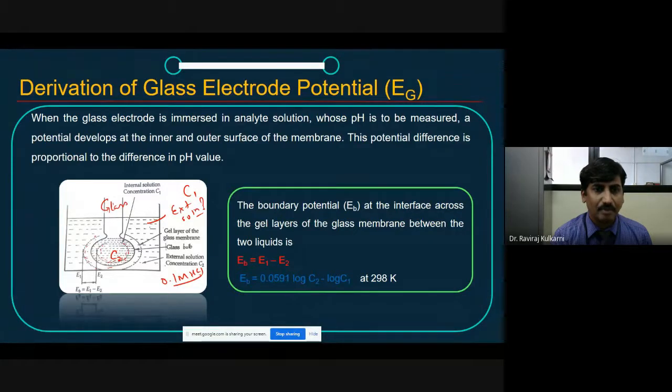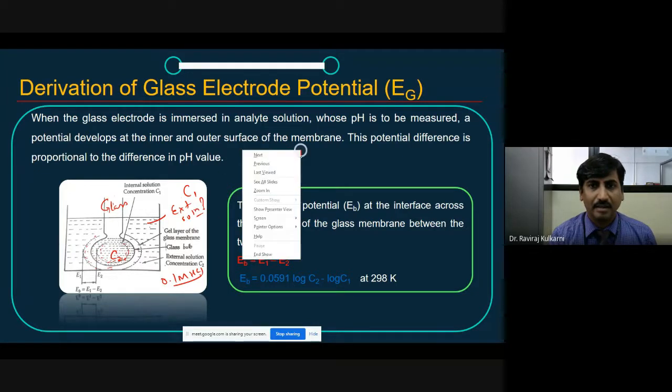Inside we know we have used 0.1 N HCl. Outside we don't know the concentration. You can write the Nernst equation for this glass electrode. How to write the Nernst equation? E is equal to,